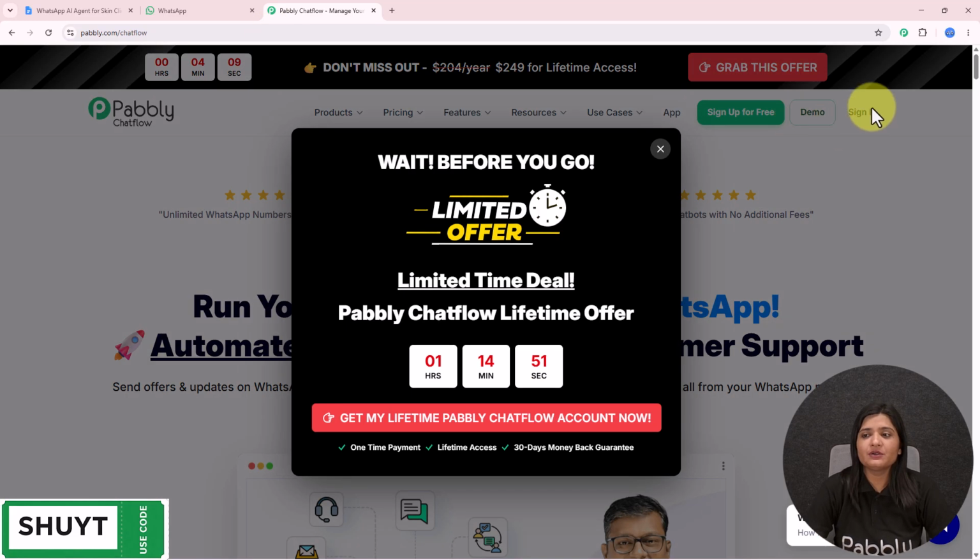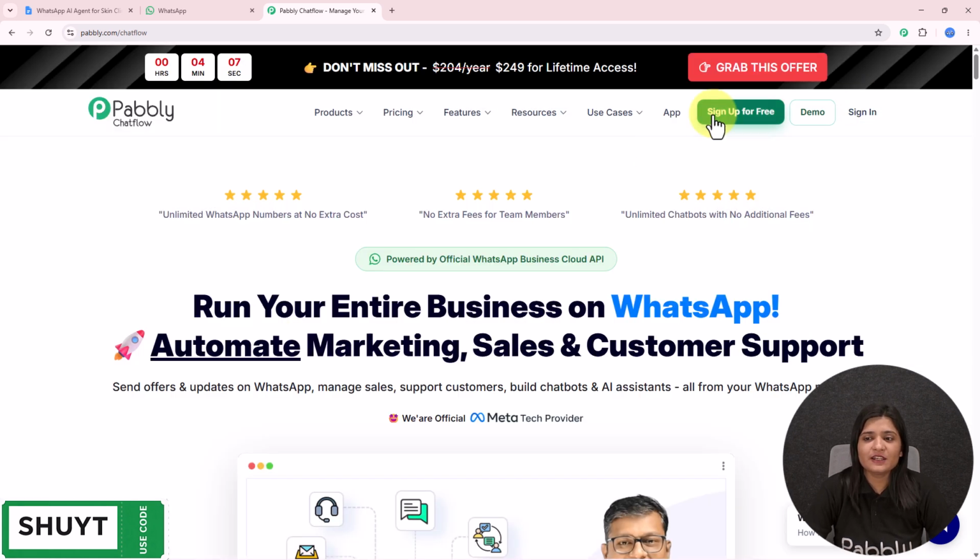After browsing the website, we need to sign into our Pabbly Chatflow account. On the top right corner, we can see two options, sign in and sign up for free. If you are an existing user, click on the sign in, and if you are a new user, click on the sign up for free, and this will give you some credits on monthly basis. You can use the credits and check whether it fits your business or not,